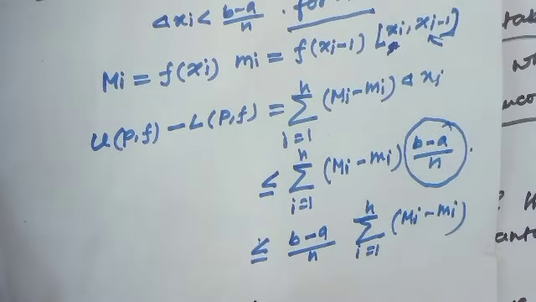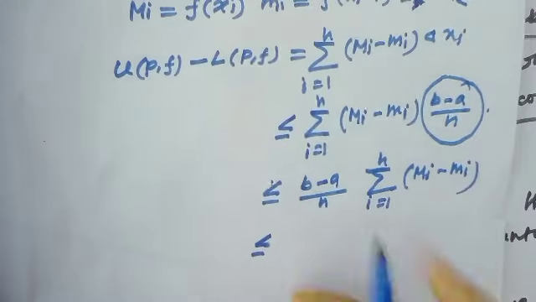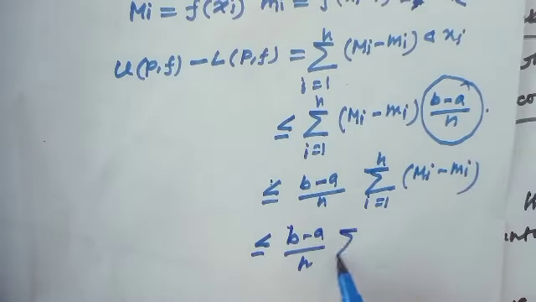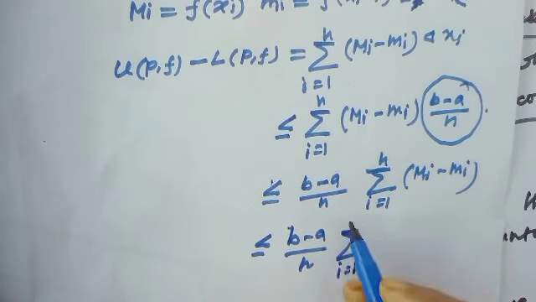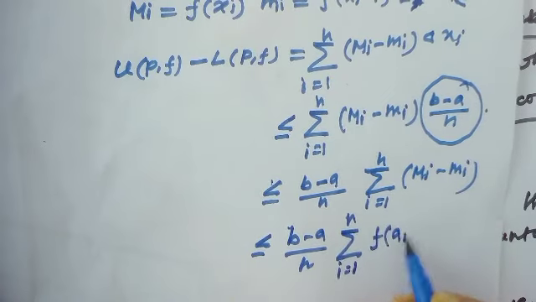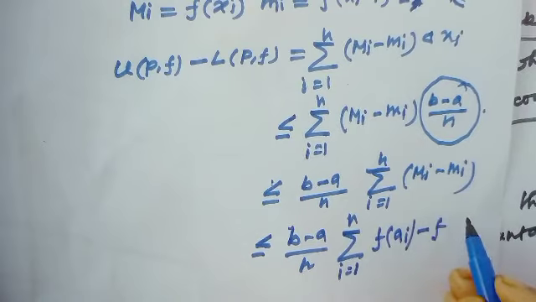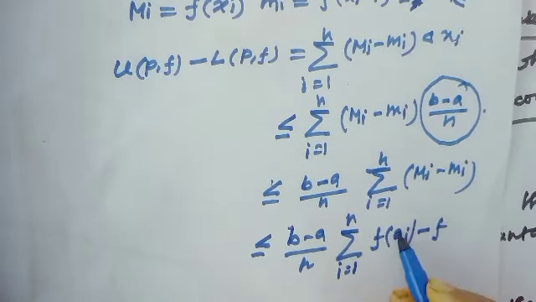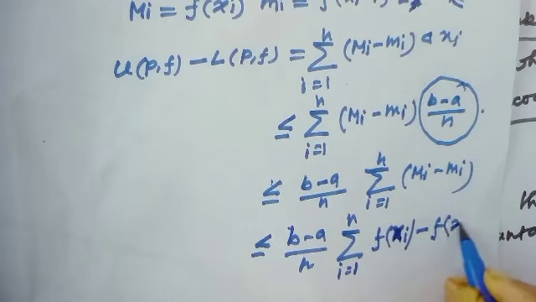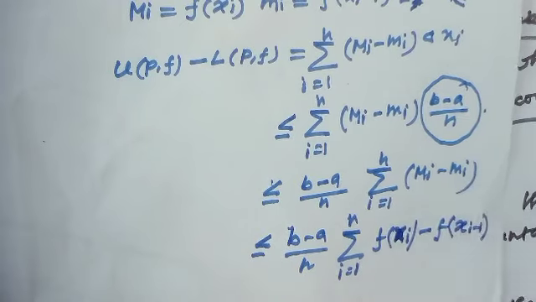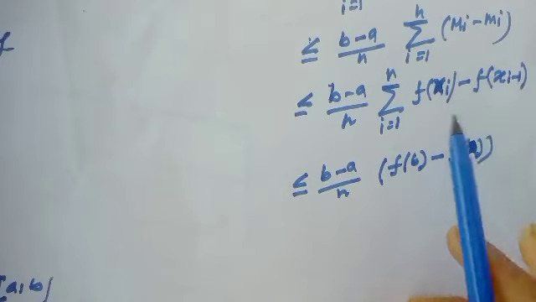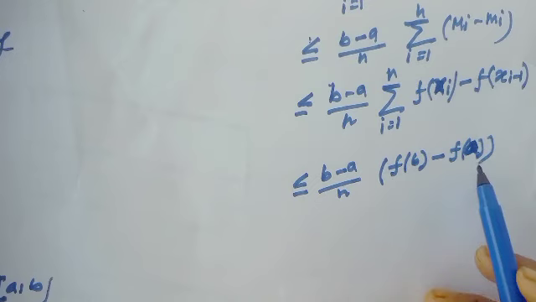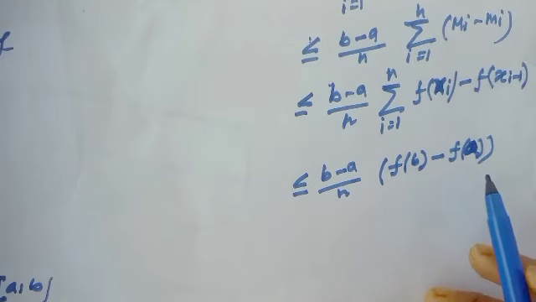Now I will put the value. This would be less than or equal to (b minus a) over n, and here I will write f of xi minus f of xi minus 1. Calculate the whole summation, then this value would be f of b minus f of a, and